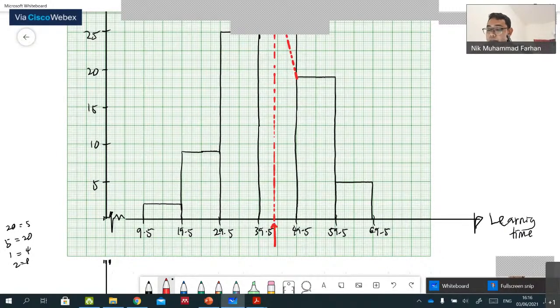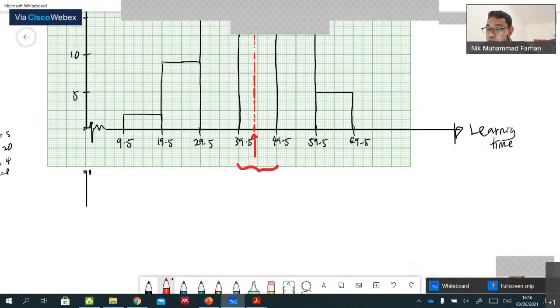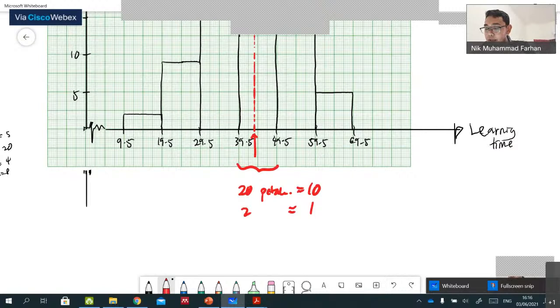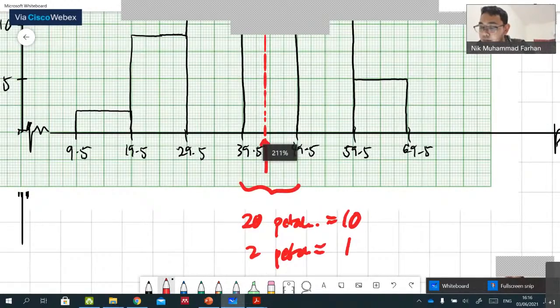Okay. Beza dekat sini 10 petak. Sorry. 10 ke? 20 petak. Siapa tahu saya kertas graf saya ni macam lain sikit je. Kan? 20 petak dekat situ. Bila 20 petak bersama dengan 10, so kalau satu petak, apa saya ni? Kalau satu bersamaan dengan 2 petak lah. Kan? Right. Satu bersama 2 petak. So sekarang ini kita bertambah sebanyak 5, 6.